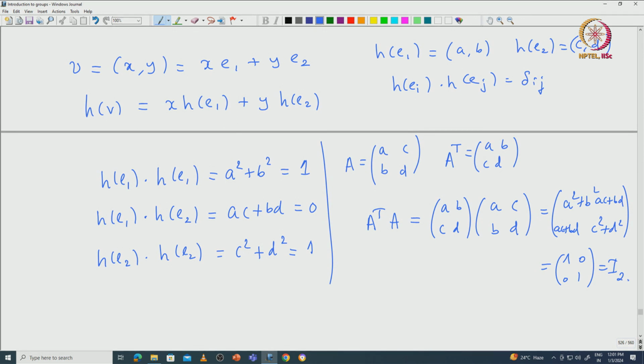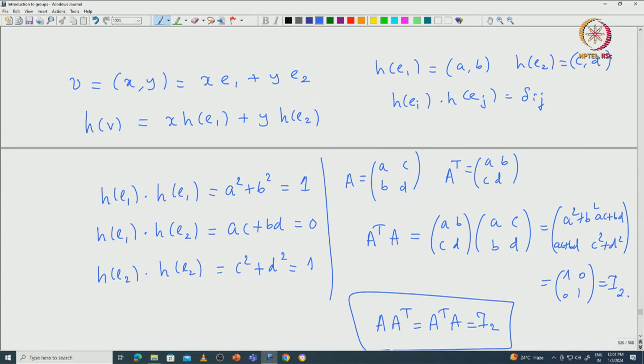Okay. So, now if you know that some 2 by 2 matrix is invertible, then the inverse must be uniquely determined. So, from this you can see that A transpose A must be identity. So, it is not only that H is just a linear map, this H of E1, H of E2, those vectors, they also have some very specific property. They are actually orthonormal, that if you spell it out, the corresponding matrix is an orthogonal matrix.